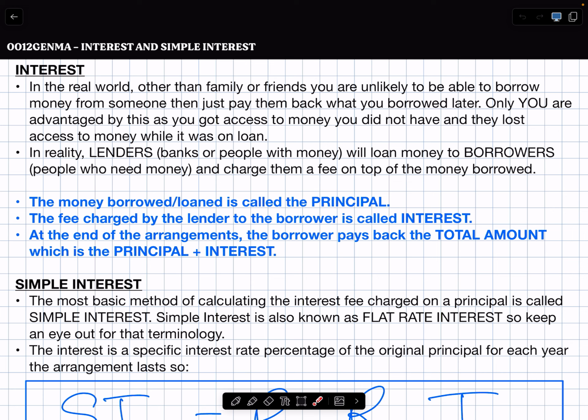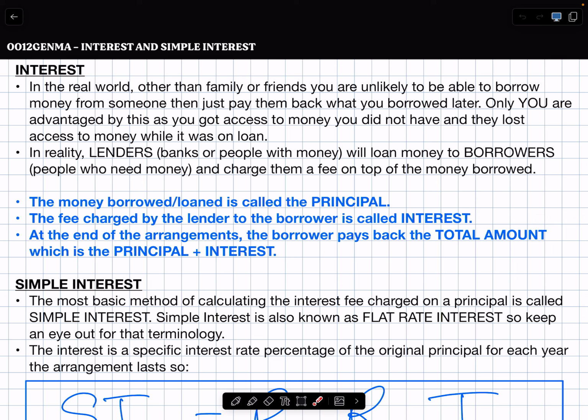In reality, this is the real world we're talking about now, and you're entering that very soon. In reality, lenders, which are banks or people that have money, will loan money to borrowers, people who need money, and charge them a fee on top of the money borrowed. What is that fee called? The money you borrow or loan is called the principal, and the fee charged by the lender to the borrower